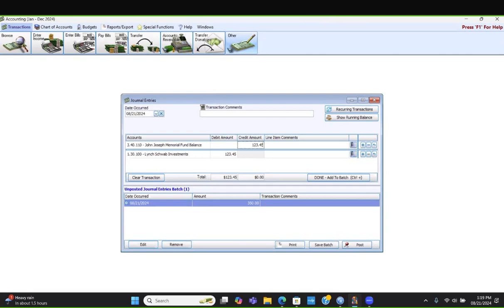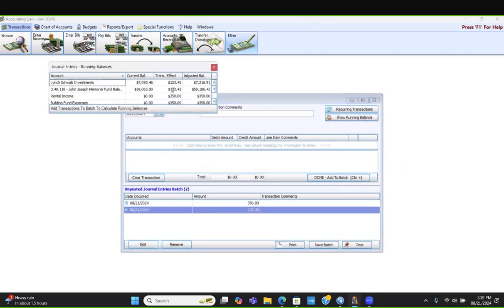Okay, so again, if I want to affect just a fund and an asset account, the only transaction that will allow me to do that is my journal entry transaction or my adjust asset. I cannot go to enter bills, pay bills, enter income, or any other type of transaction and affect these two accounts directly. Okay. Similarly, done add to batch, show running balance, and we now show that Lynn Schwab Investments is increased by 123 and my John Joseph Memorial Fund is increased by 123.45 as well. Okay. So journal entries,